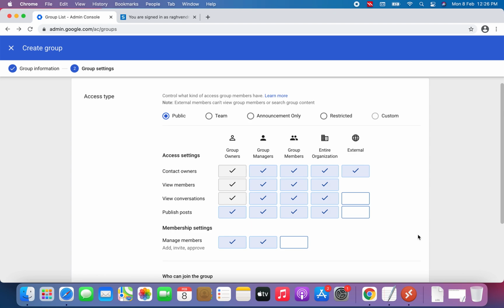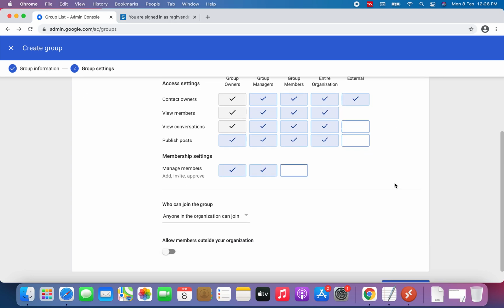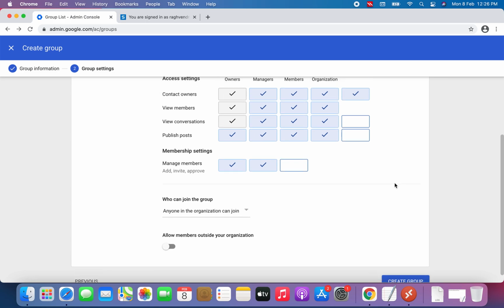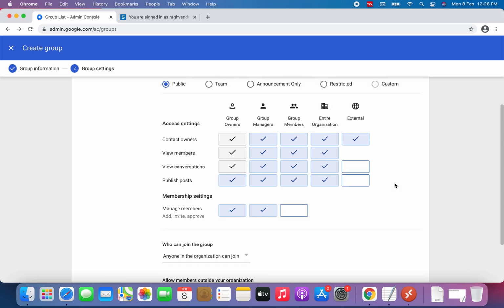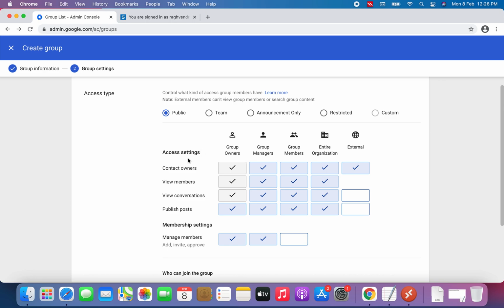Here you can see the access types: public, team, announcement only, restricted and custom. According to the permission, the group will react. Here you can see the access settings: contact owner, view members. These are the types of access, or permissions. This is for external, meaning outside of your domain.